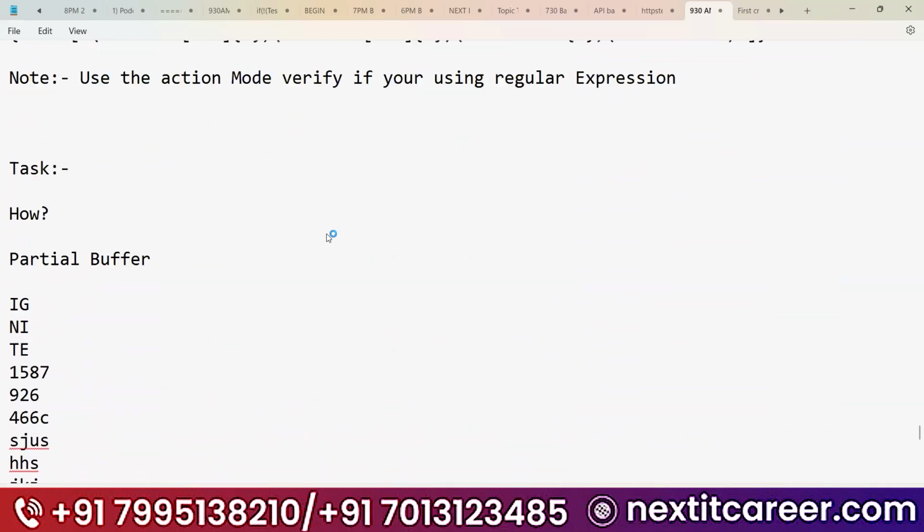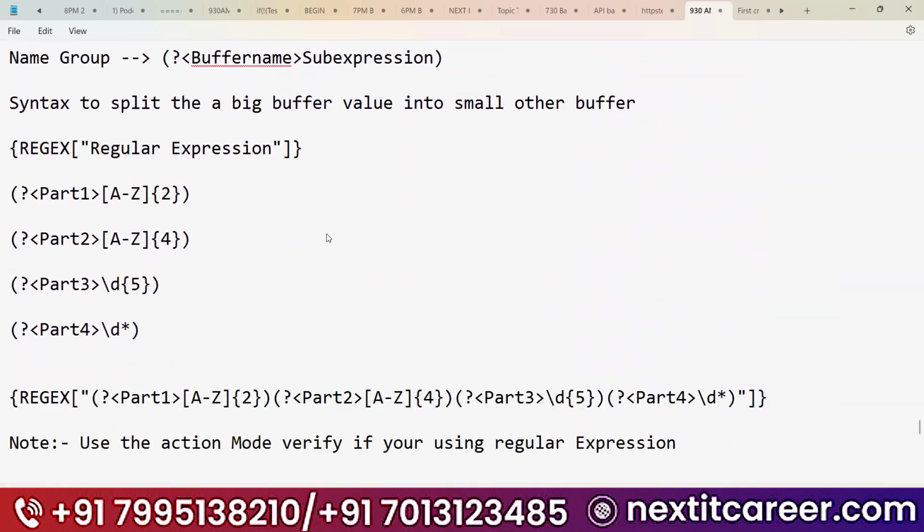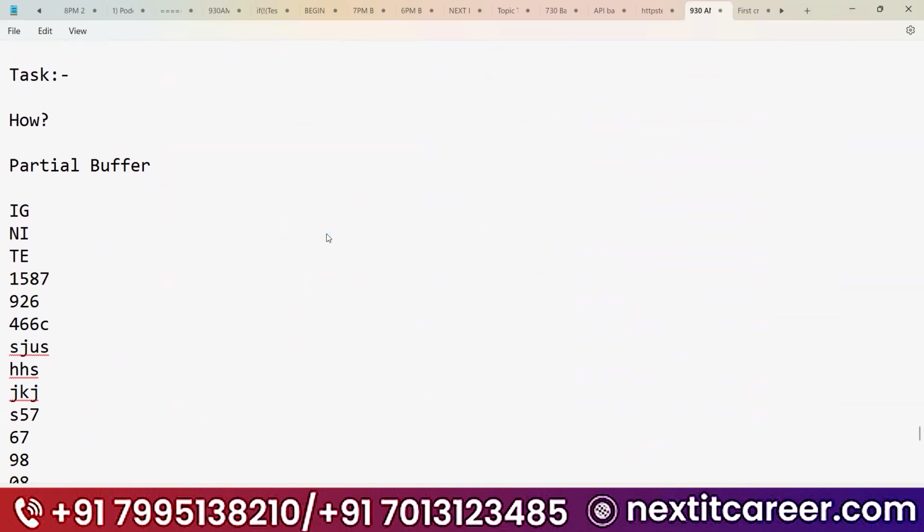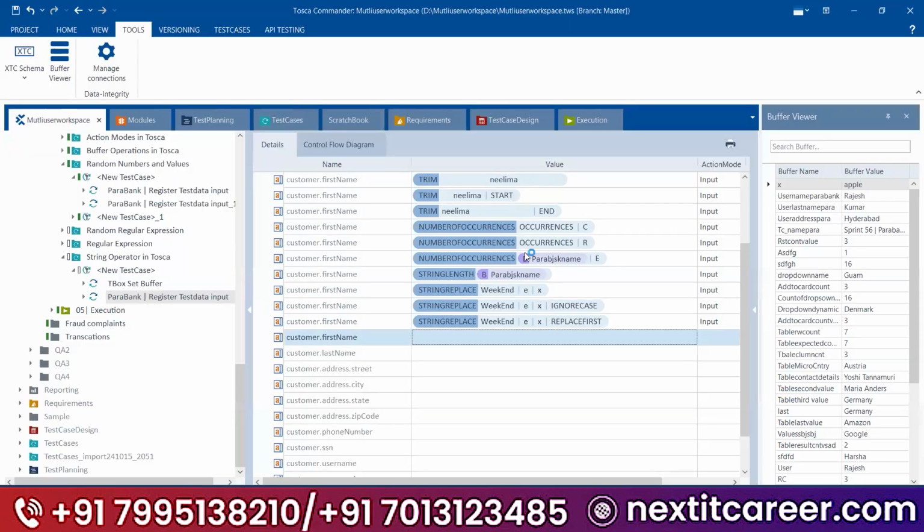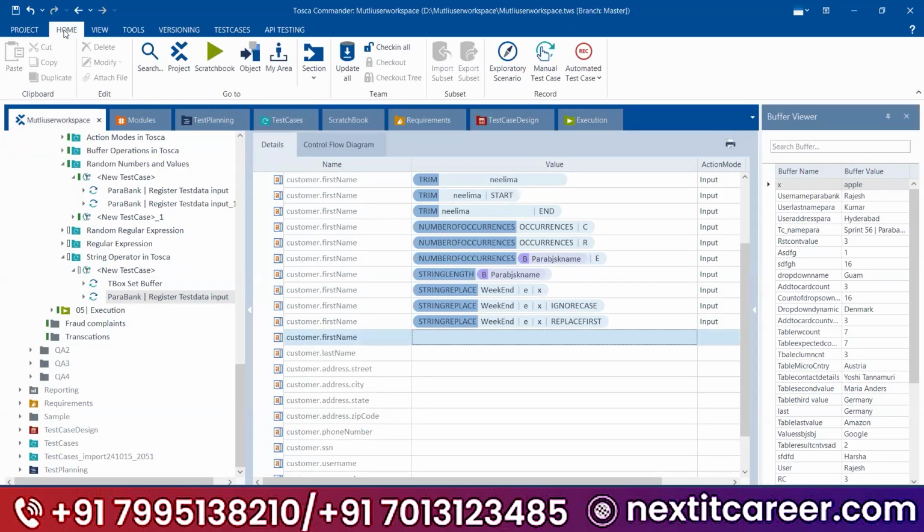Yeah, Rajesh, slightly out of topic. In Tosca, can we automate filling in an application form wherein we capture the details, for example, from the Salesforce API using the get method, and probably do a post as well in Tosca? We can do it, right, Rajesh? Yes, we can do it.